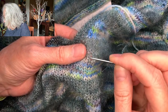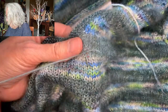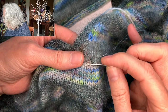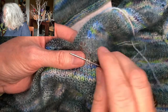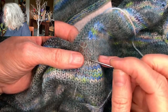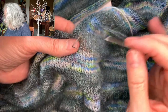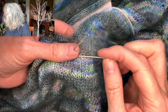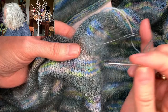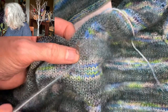So here's my mohair coming out here, and it's going to go around here and back in. So here's the two legs it's going around. Look at that beautiful picture. And then back into here at the base and out the next one. And then up around into the second row of mohair again, and back in at the base and out the next one. And by one, I mean the next stitch in the row below, which is the not mohair row, the merino row,